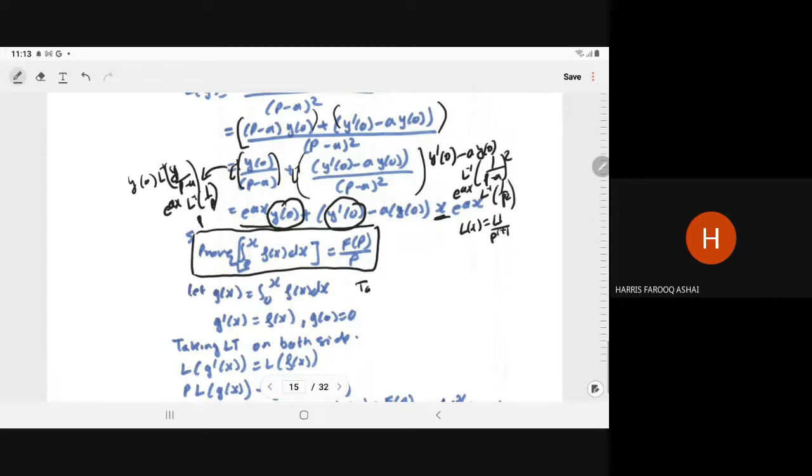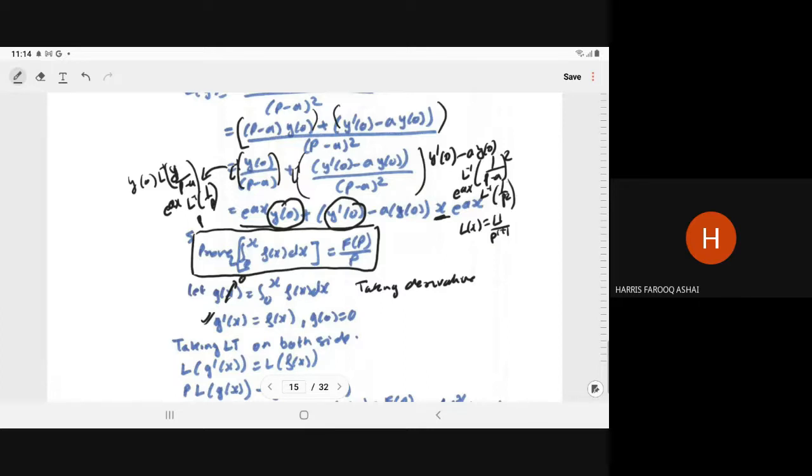Taking derivative on both sides, we have g dash x on the left side, and on the right hand side it will become f(x). And when we put x is equal to 0, integration will become 0 to 0 of f(x). So naturally it will be 0. If we have the integration for the same lower and upper limits, then always the integral is 0. So g(0) is equal to 0.